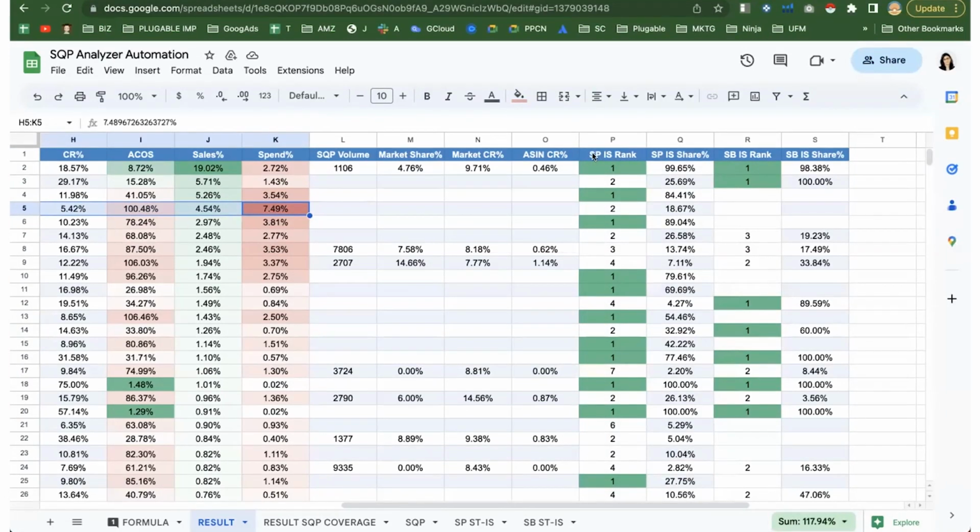Now the impression share rank here is 2, and it means that you're the second largest of the total number of participants in this market, and you've got the second largest share of the pie at 18.67% of market share. So which isn't that much, right? It doesn't look like a whole lot.